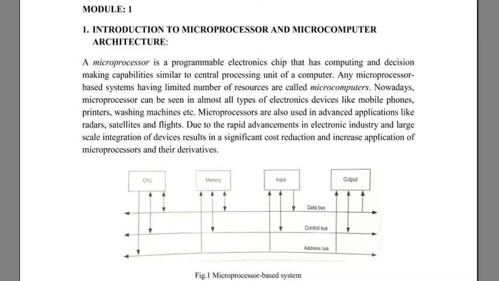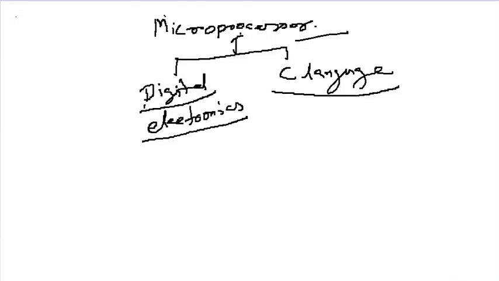That means the buses are nothing but conductors which can carry 0 1 signals, meaning positive high and negative high. To understand this more, we would like to start with a typical topic, the foundation of digital electronics. Once we are clear about that foundation, we can understand it much better. See, you have an electrical circuit like this, a logic gate, and you have a battery connection here and a bulb.